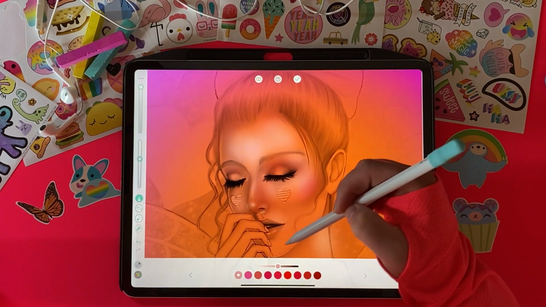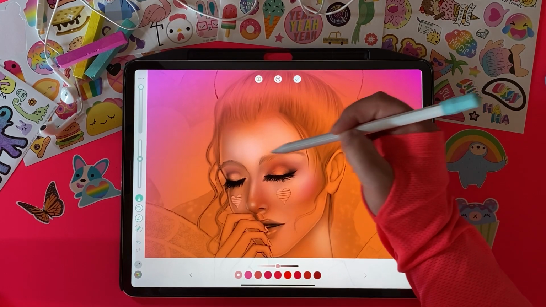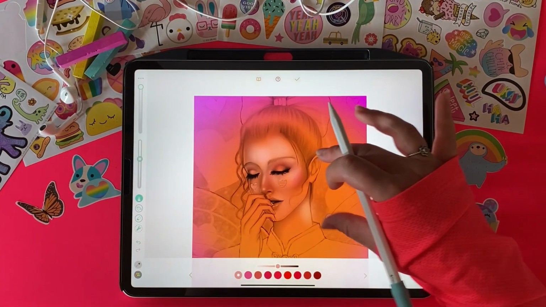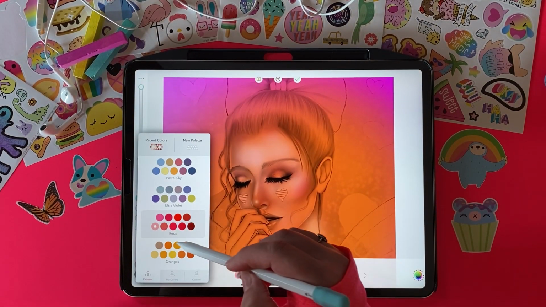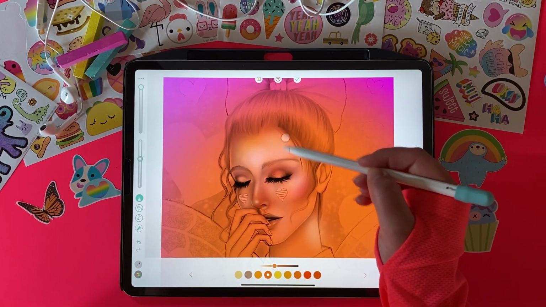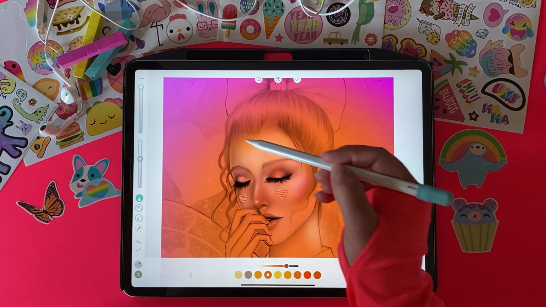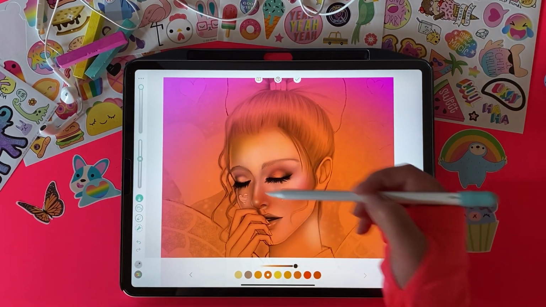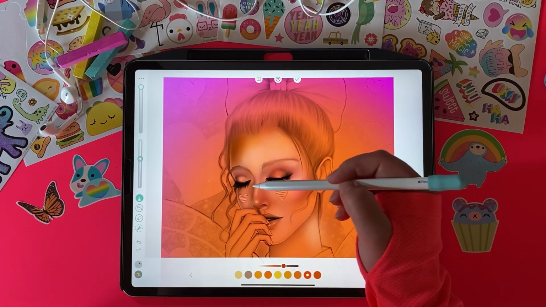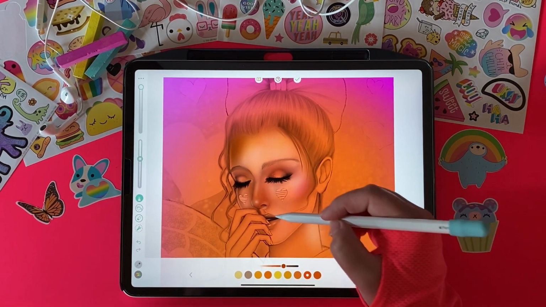I am starting to take away some of that orange because I like it as an undertone, but I don't want her skin to actually be orange. That is kind of the trick. But you don't want it to be too light either. So it's going back and forth and getting these colors to go. And it does take me a while to do the skin on most of my pictures